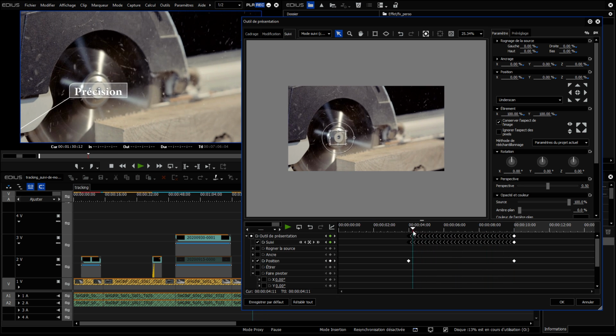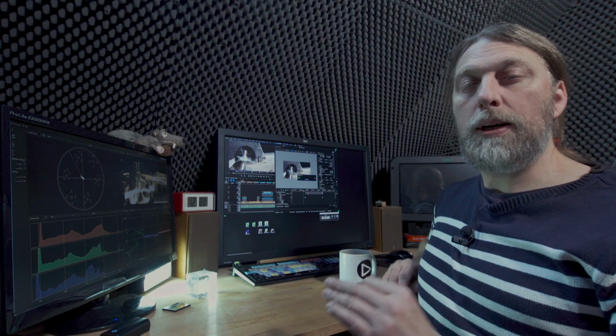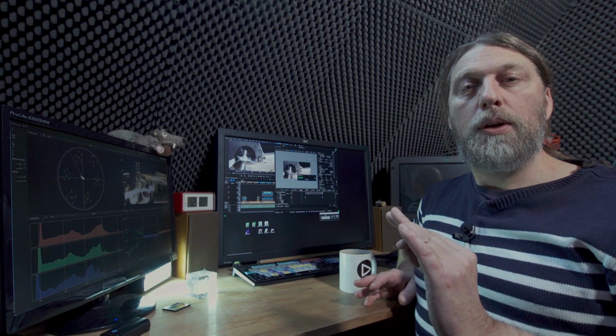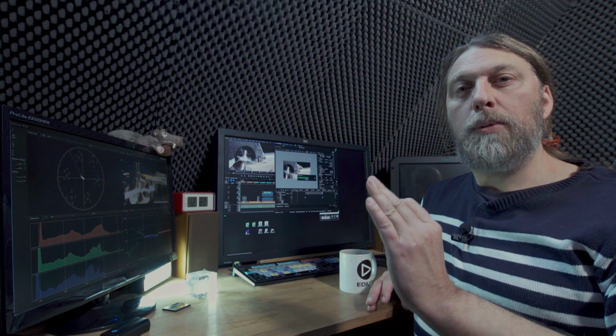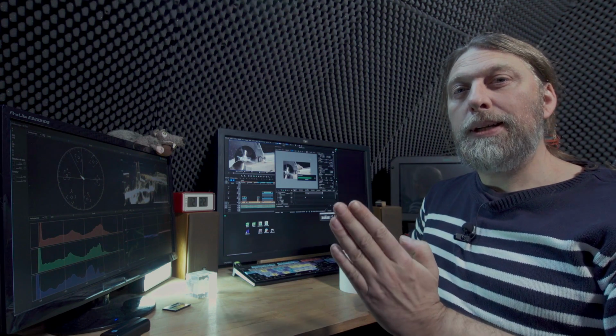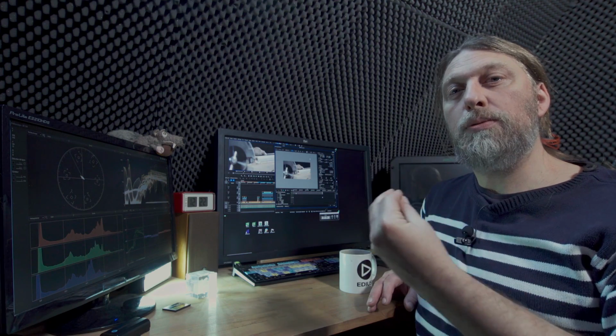So this is done. I'm going back to my starting point, and from there I'll ask it to track backwards. So now I'll go back to our starting point, and I'll also track backwards from there. The reason I do this is because sometimes the first image is not ideal for tracking.